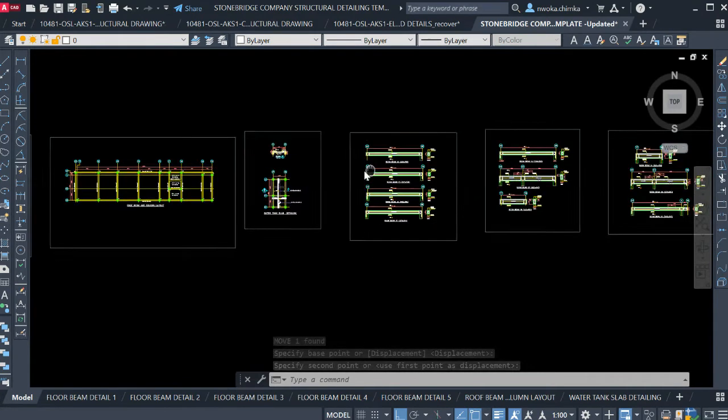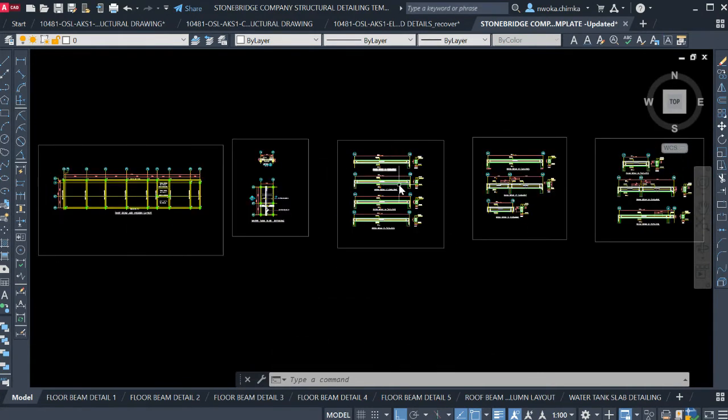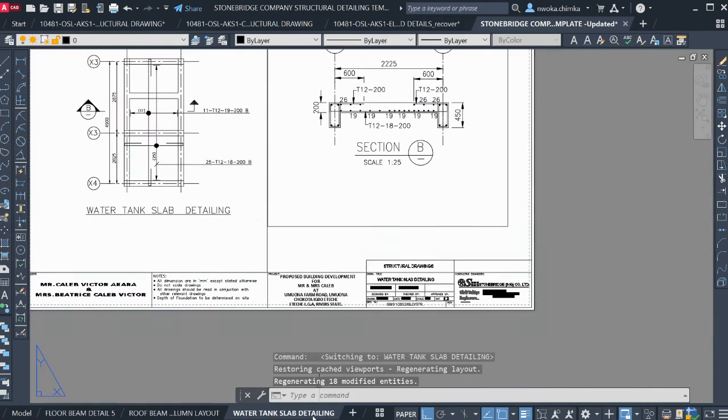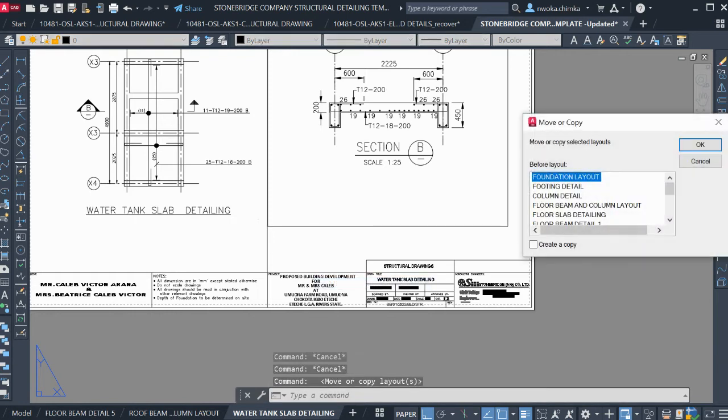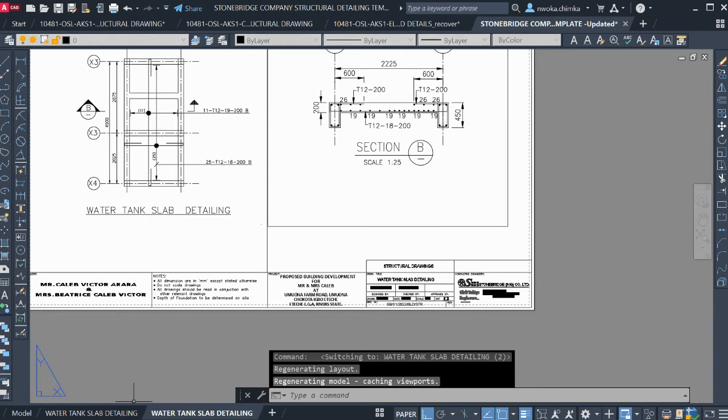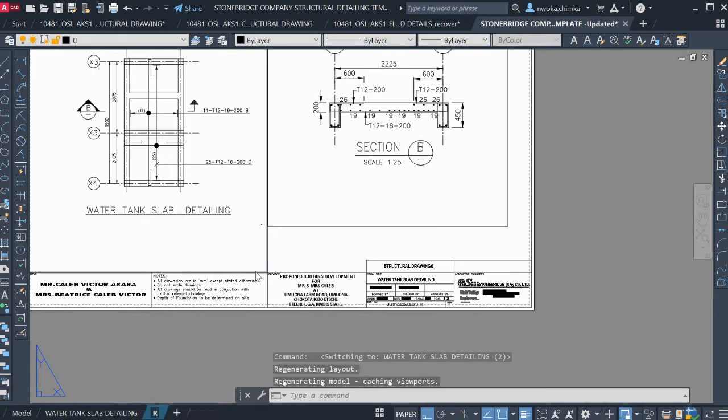Okay, so now to start putting all these beams in a sheet, I have to come here, click at this place, make a copy of this, and then make a copy of the last one. Since I am using the beam, make a copy, click on this and make a copy, and then click on what? Okay. Then move this backward here, click on this, and then rename it to